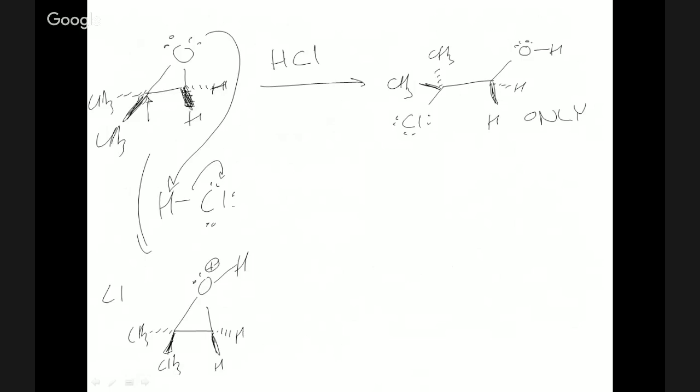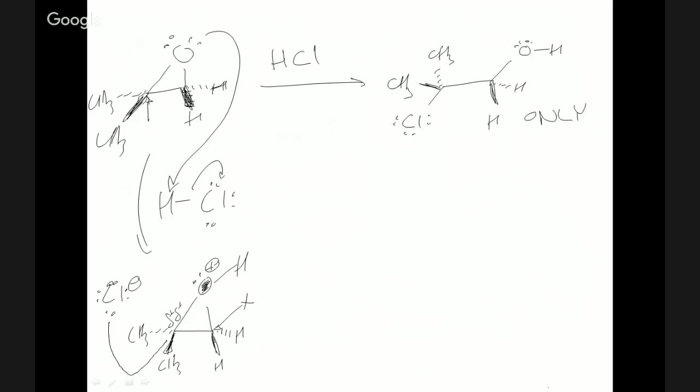Cl minus. What can happen? It could attack over here, but it doesn't. Okay, there's a reason for this. It's very interesting what happens. Under acidic conditions, because we've protonated this oxygen, we have increased the partial positive character of this carbon, but it doesn't form a carbocation. This doesn't just break and form a carbocation, and it doesn't attack here, but it